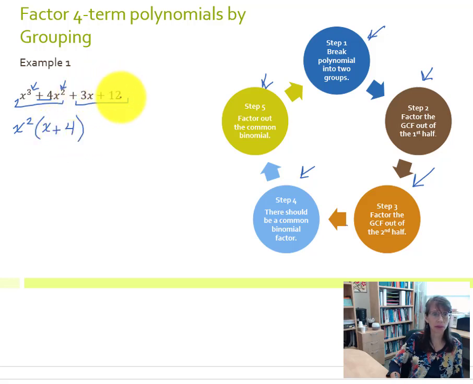Start over again with the second group. So we've got a positive 3x plus 12. This time we have a numerical coefficient in common, and that would be positive 3. So to recreate those terms, 3 times x would match positive 3x, and 3 times positive 4 would match positive 12. So notice I didn't just write a 3 in this gap, I put the plus sign with it, and